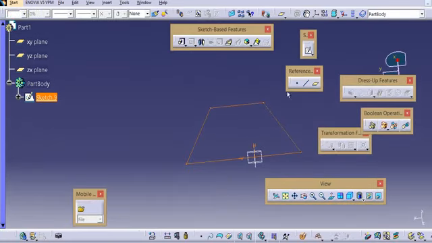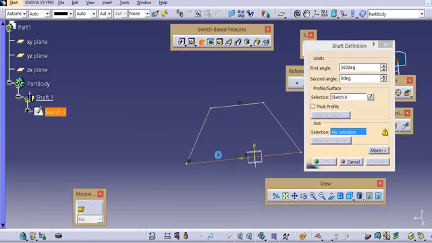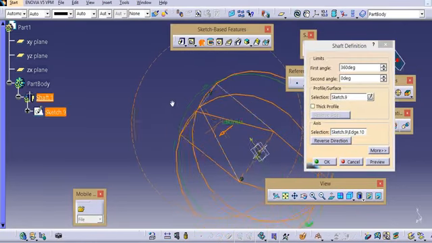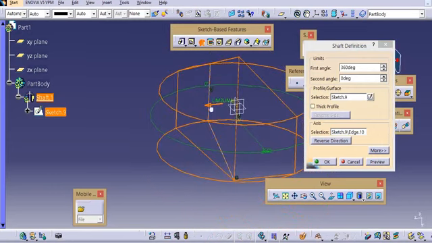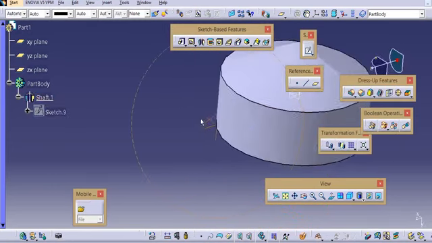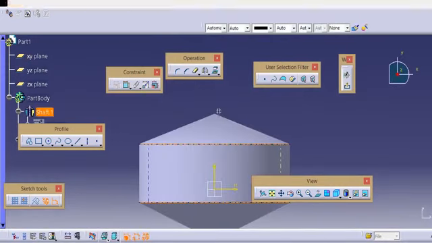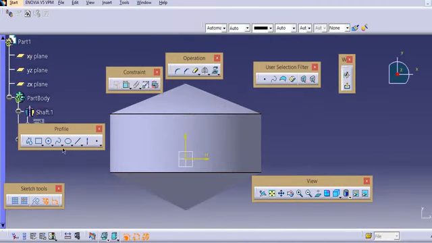I will go for shaft. I told you about the first angle and second angle of the shaft in our last video, so I will not go into detail. I will draw one sketcher for groove. Groove is for removing material.